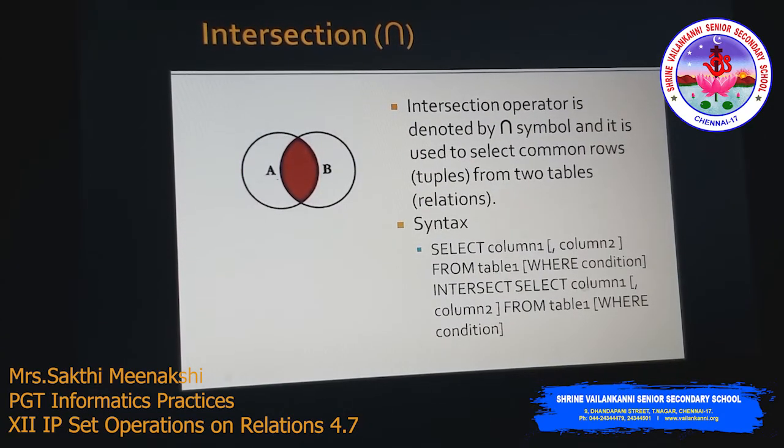So intersection, you know, the intersection symbol is this one and it is used to select common rows from two tables. So A and B are two different tables. The common rows present in A and B will be displayed using the intersect. Okay, so the syntax is select column name from table name where condition, intersect, select column name from table 2 where condition. So this intersect clause